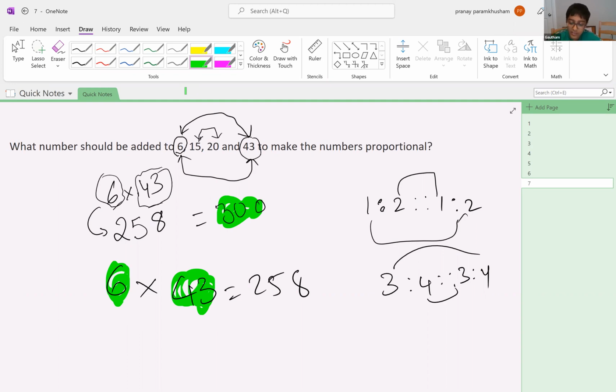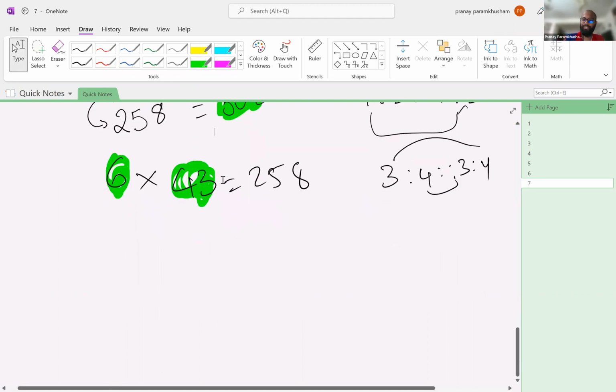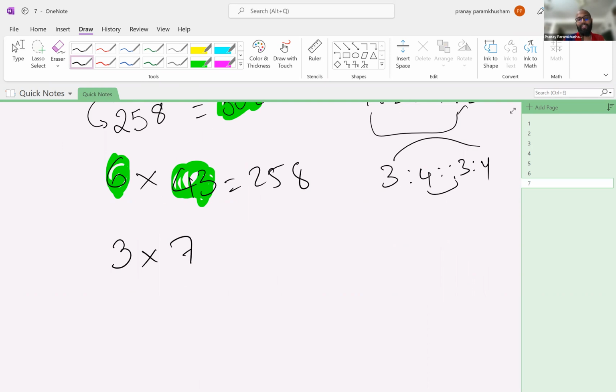I don't know about this. Try, man. You're getting it. Did you understand what I'm trying to ask? See, again, I'll make it little more simpler for you. So I have a 3, I have a 7, right? You have to do some change here, right? 3 times 7 is 21. No, I don't need a 21. I need a 30. Whom you want to change here? 7. Yes, 7 becomes what? It becomes 10, right?